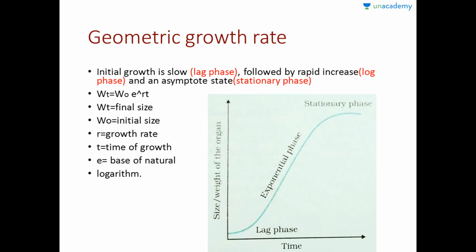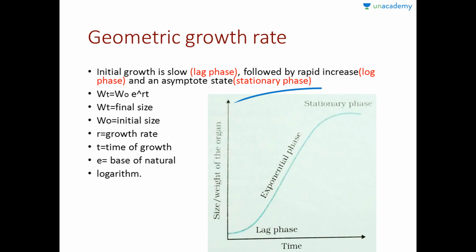In your geometric growth rate, you see there is a typical curve of geometric growth, that is, first there is a lag phase, then there is an exponential or log phase, and then there is a stationary phase. So initial growth is slow, which is called the lag phase, followed by a rapid increase, that is the log phase, and then an asymptote phase or a stationary phase when the plant growth stops. So initially the plant grows slowly, gradually, then all of a sudden it starts exponential growth, and finally it reaches an asymptote where it doesn't grow